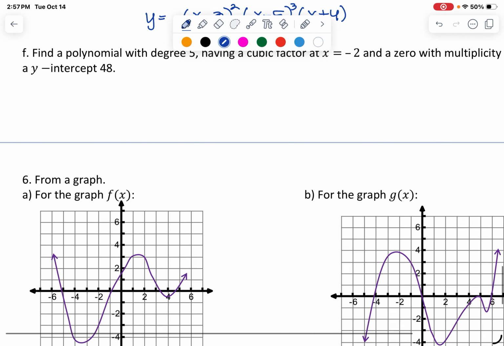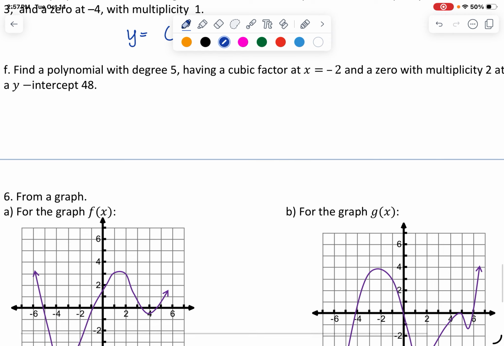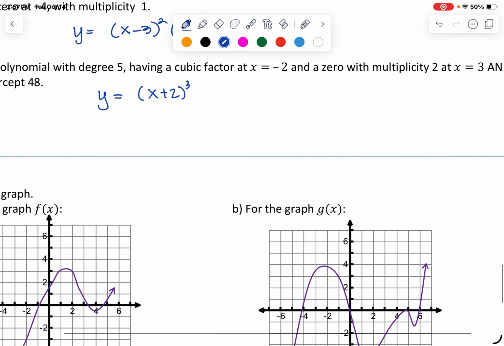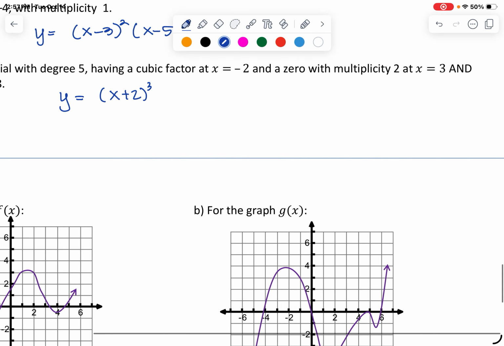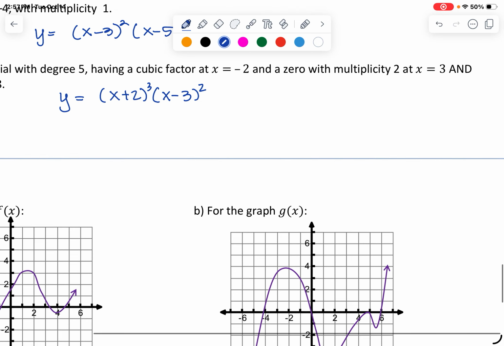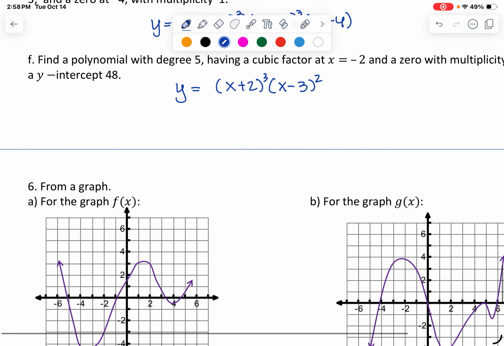All right, last one, and then we'll do this from a graph. Find a polynomial with a degree of 5, having a cubic factor at x equals -2, so that's a factor of x plus 2, cubic factor. A zero with a multiplicity of 2 at x equals 3, so a factor of x minus 3, multiplicity of 2, so there's my 5th degree polynomial, and